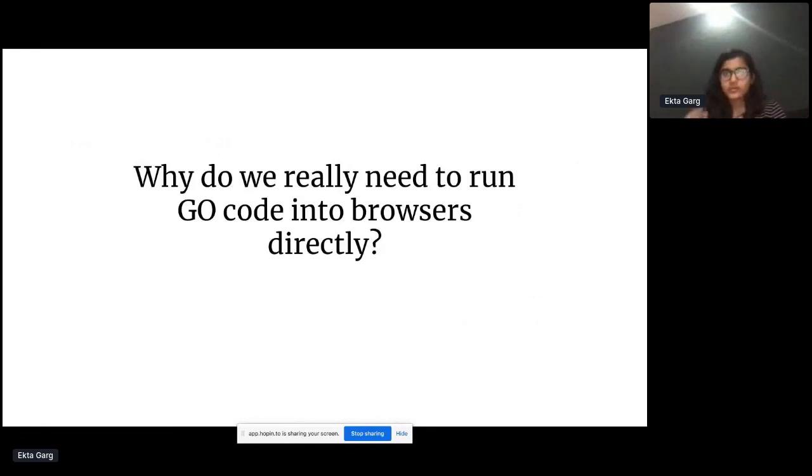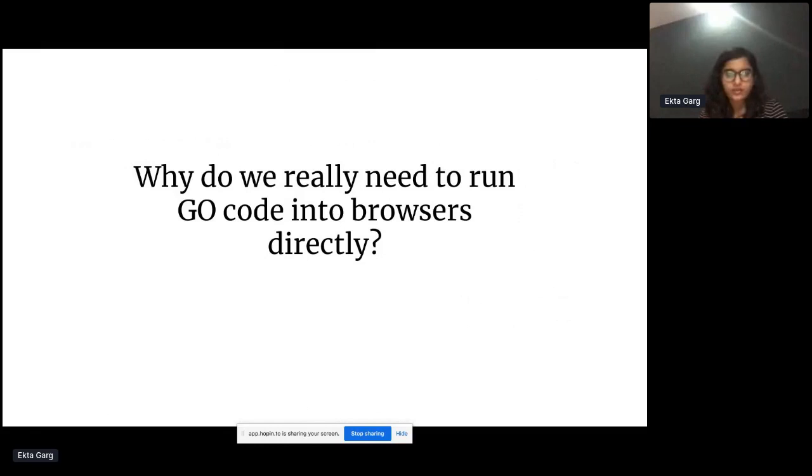In any browser, like Chrome, Mozilla or Safari, your code is interpreted and then executed by a JavaScript engine which only runs JavaScript. So in browsers we have to rely on JavaScript, but it's not good, right? Because JavaScript is not ideal for every task you want to perform.